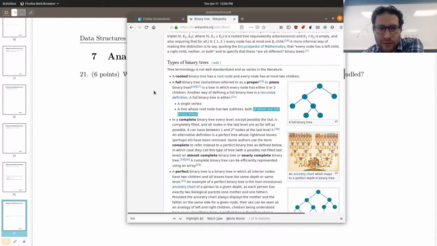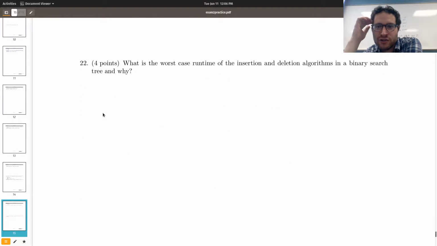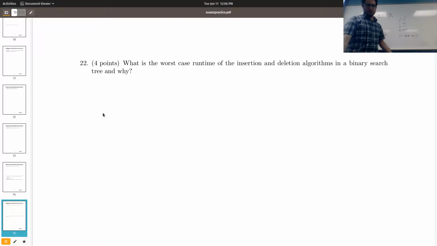But okay, final question. What is the worst case runtime of insertion and deletion algorithms in a binary search tree, and why? What's the average case runtime? log n for a binary search tree. Okay, what is the worst case scenario? N, linear time. The worst case scenario for a binary search tree is that if I go across the